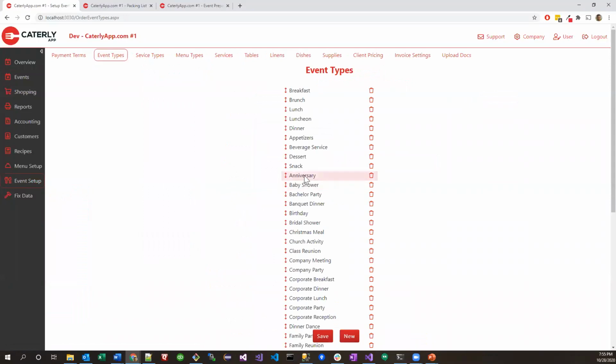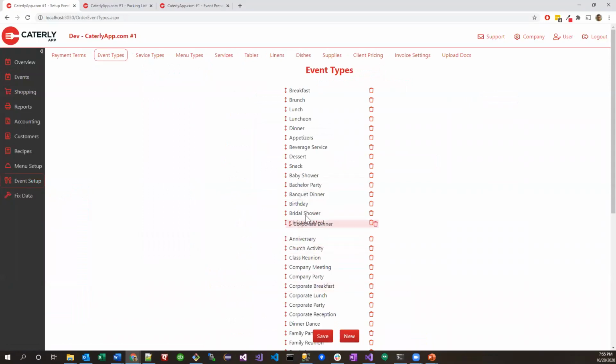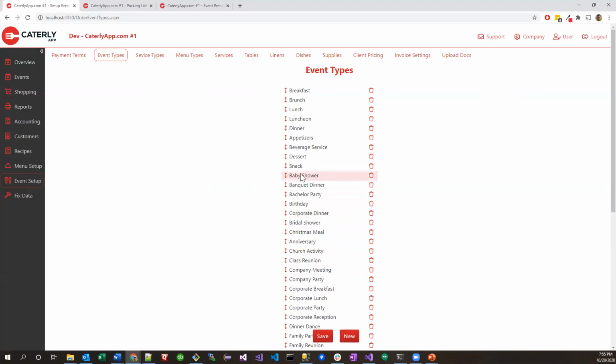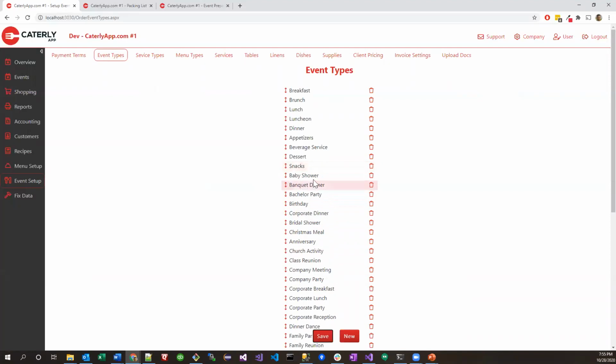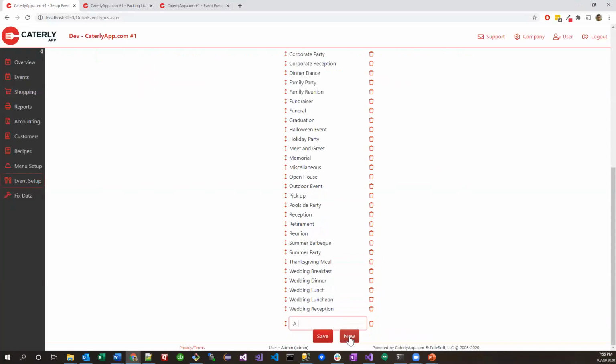Here you can easily drag things and drop them away in the right order that you want to. You can click on them and make any corrections and typos. You can even click the trash can and mark them for deletion and they'll go away. Now you can do all the editing you want here. As soon as you click save, it will then put them into your storage so they'll be available when you want. You can even add new values